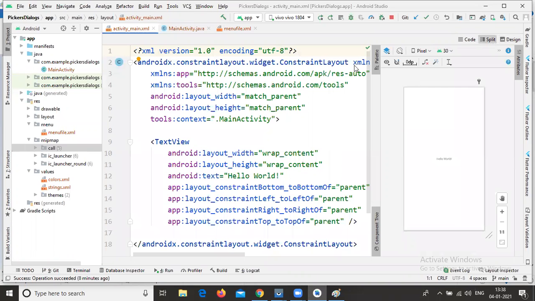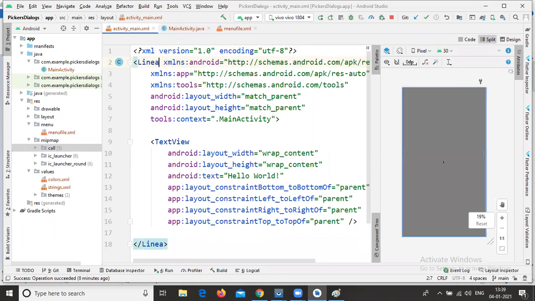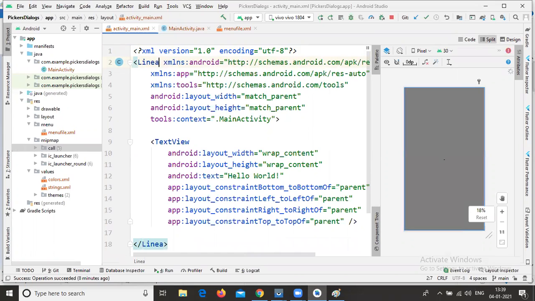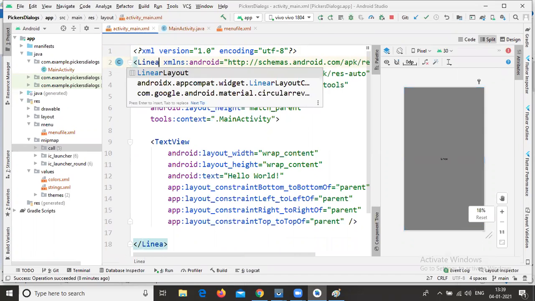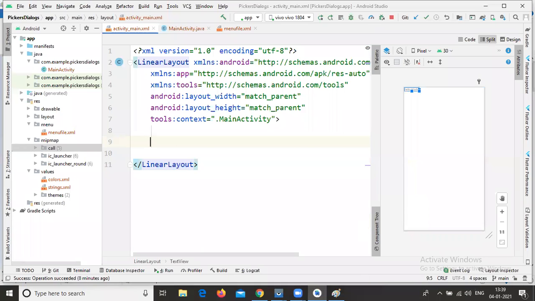Before creating the button, all of you change this constraint layout to linear layout and remove this text view.